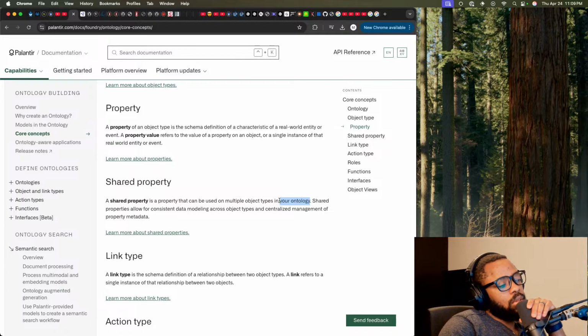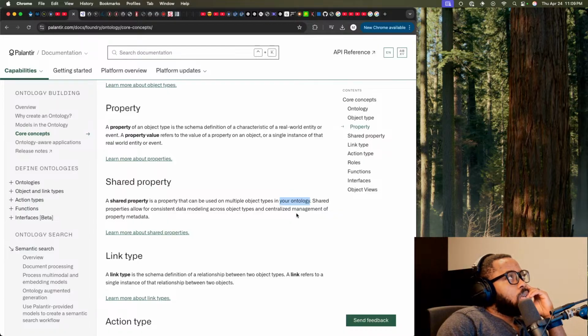Basically, the ETL that you do to index stuff is mapped onto whatever ontology you have, and then you can fine-tune a model on the ontology rather than on the data set that is mapped to the ontology, to get better results.